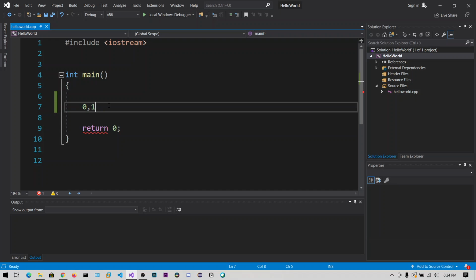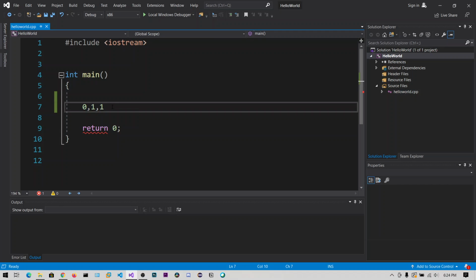Now what we are going to do is generate the sequence. That means we are going to generate the third number. This third number is based on the sum of the previous two numbers. These are the previous two numbers, and if you add them, 0 plus 1, that is 1. So our third number is 1. So these are the three numbers, right?